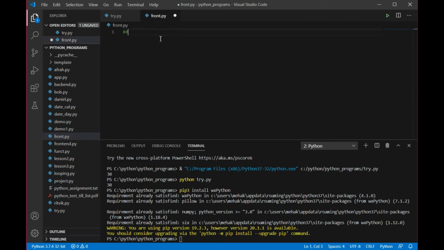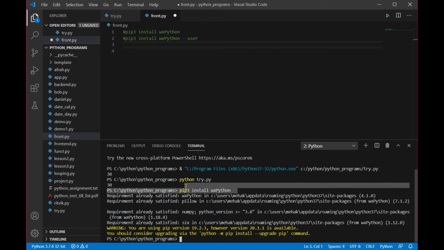Second version, if this line, line number 1, gives you the error, then there is a different variation. You can write it like this. So this must run on your system. I have written only wxPython and it has been installed on my system. But if in case it throws any kind of error, then you can write this also, where we are just giving the permission to the user.